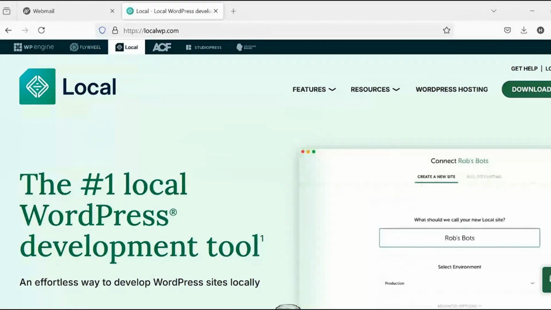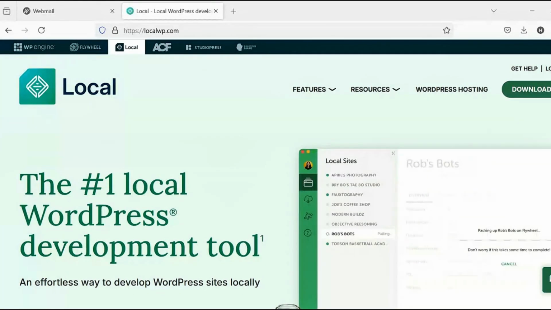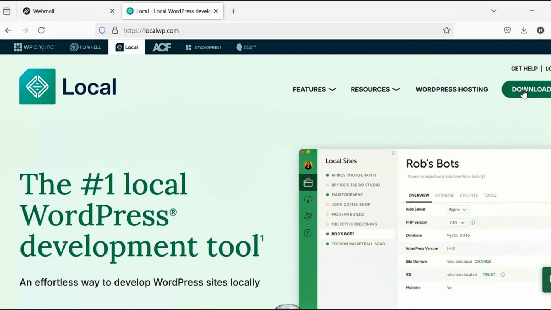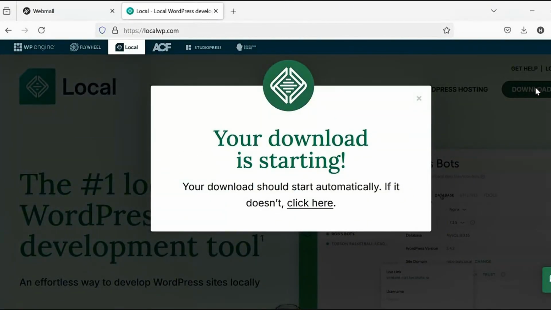Just type it into your browser. On the top right corner is the download item on the menu. Where it says download, you click on download.